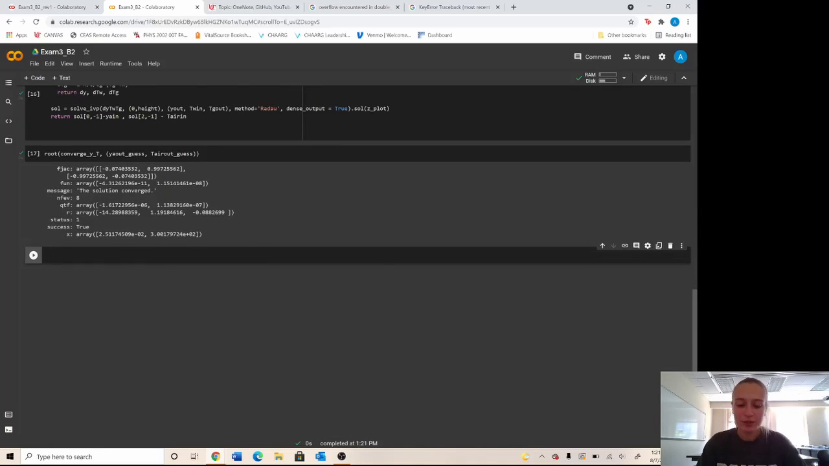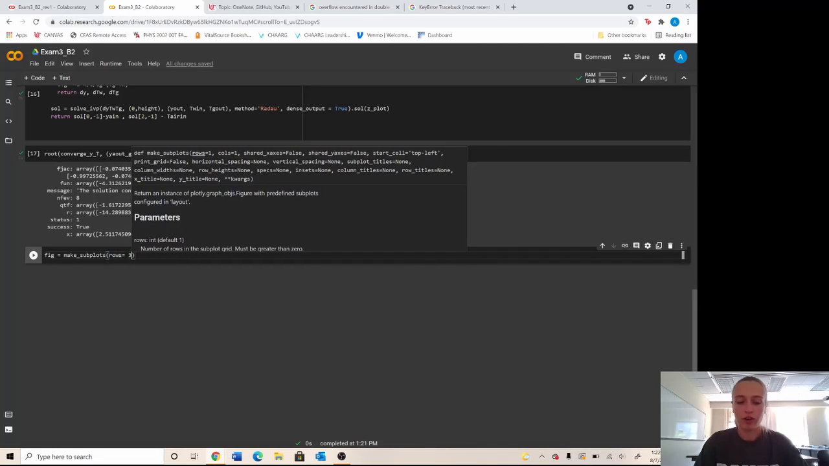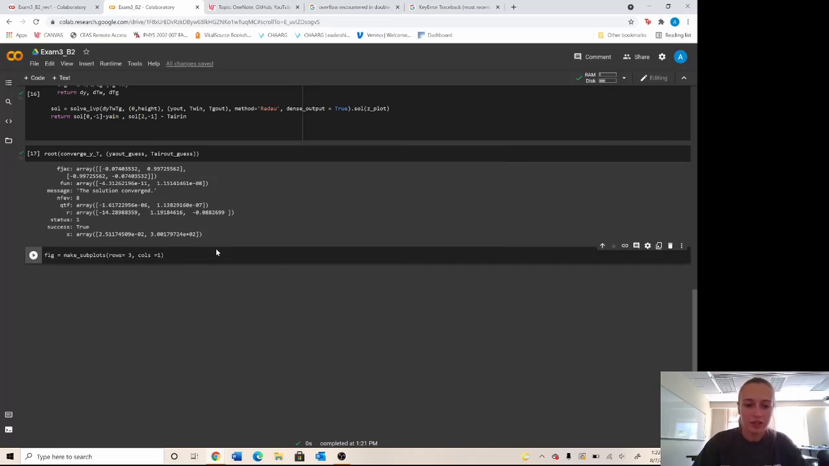So I'm going to create a figure, and I'm going to set this equal to make underscore subplots, and I'm going to create a subplot with 3 rows and 1 column. Rows equal 3, cols equal 1. So since we have 3 differential equations, we want to create a graph for each of them. So this will give us 3 different graphs stacked on top of each other so that we can graph this. And then we're going to say fig dot